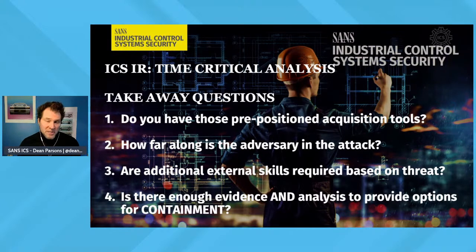So if you're, for example, in the United States or in North America and you're in the electric sector, you may have to report your incidents out to NERC and NERC-CIP. Beyond that, of course, there may be a legal aspect or entity you have to report out. And beyond that, there's other authorities that may need to be contacted as well based on your critical infrastructure sector. And of course, last but not least, is there enough evidence and analysis completed for the next phase, which is containment, which shifts then into eradication.